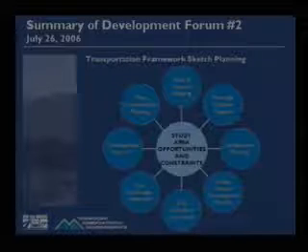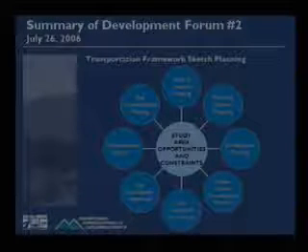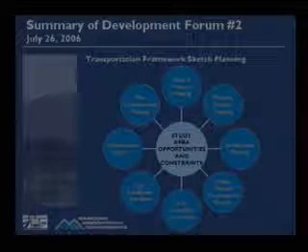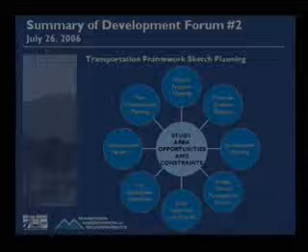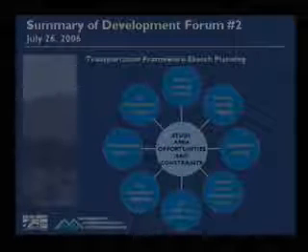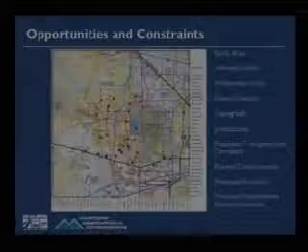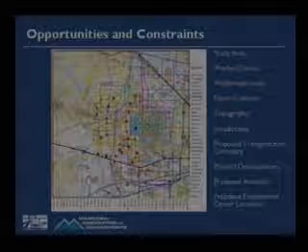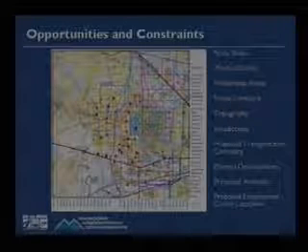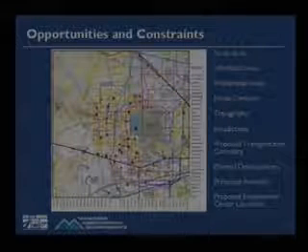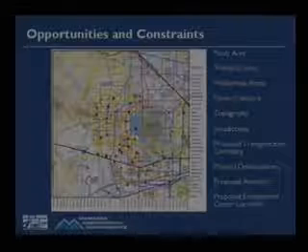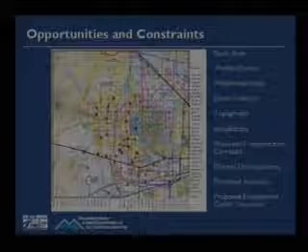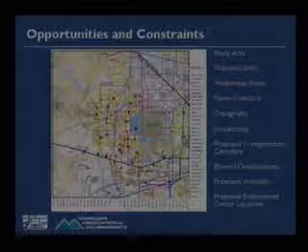Well, we received all that information, and in July we convened the development forum again and pulled together a number of other layers, as you see, and put together what we called a study area opportunities and constraints map to help us figure out where and how we should start planning for this area. On this map, it looks very congested to a lot of people, but to a lot of us there's not enough information on it. What we did here was map out different things that would help us figure out what the framework should be.